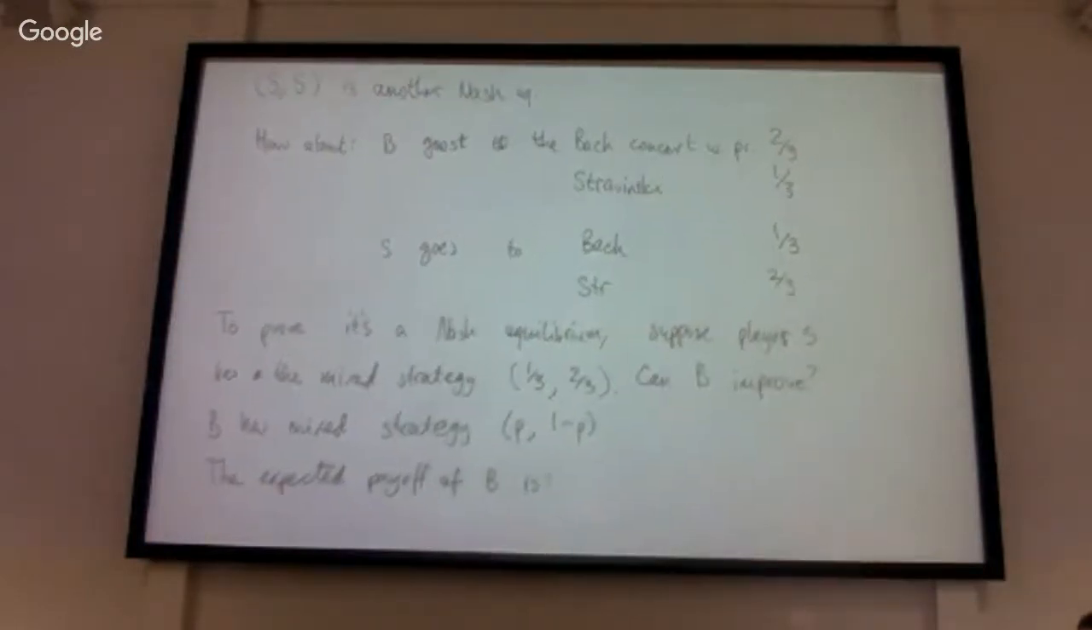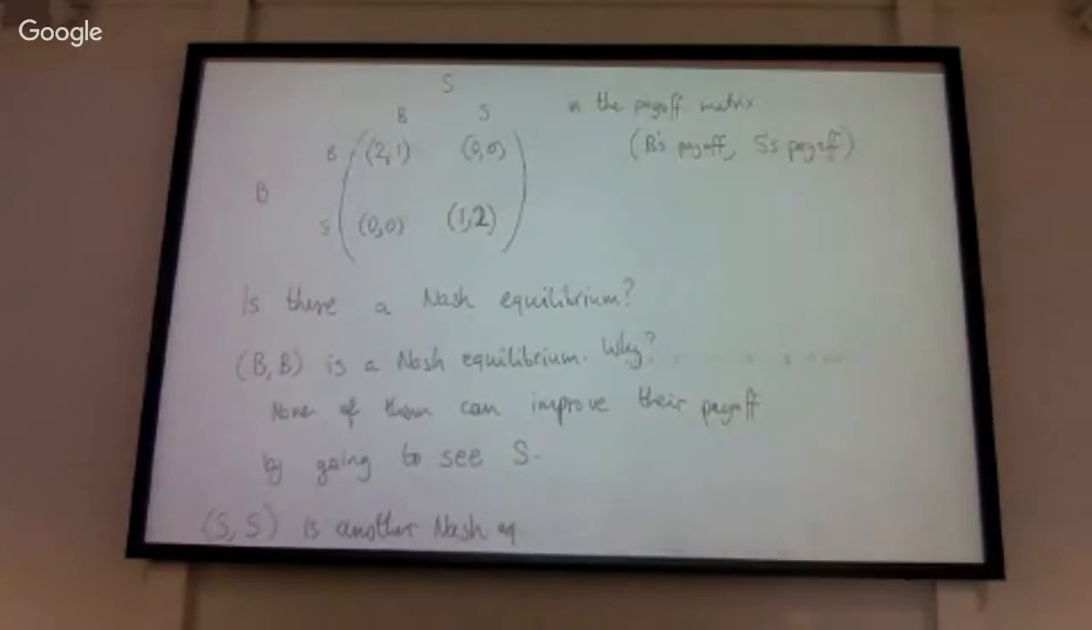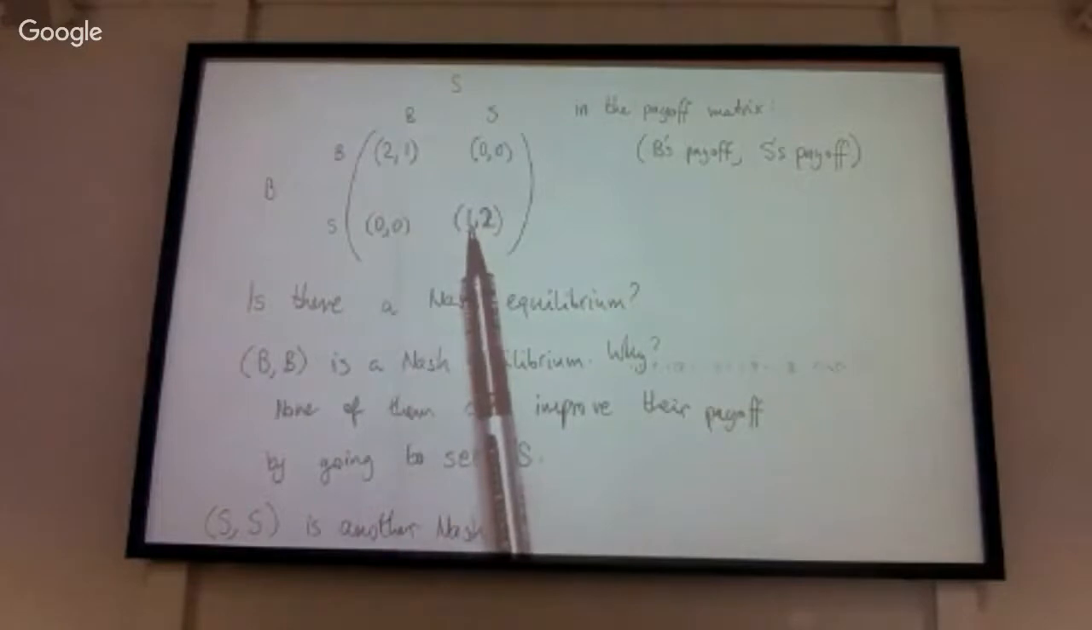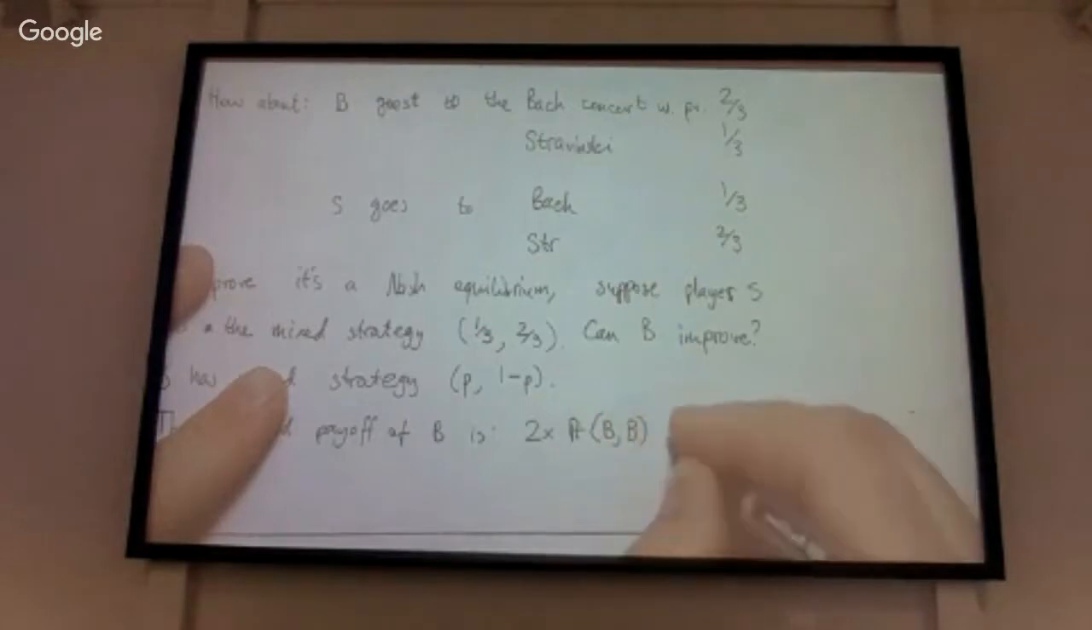So with probability P, what's the expected payoff? Well, with a certain probability, the payoff will be 2. And with a certain probability, the payoff will be 1. And then with the remaining probability, it will be 0. So the expected payoff is 2 times the probability that they both go to see Bach, plus 1 times the probability that they both